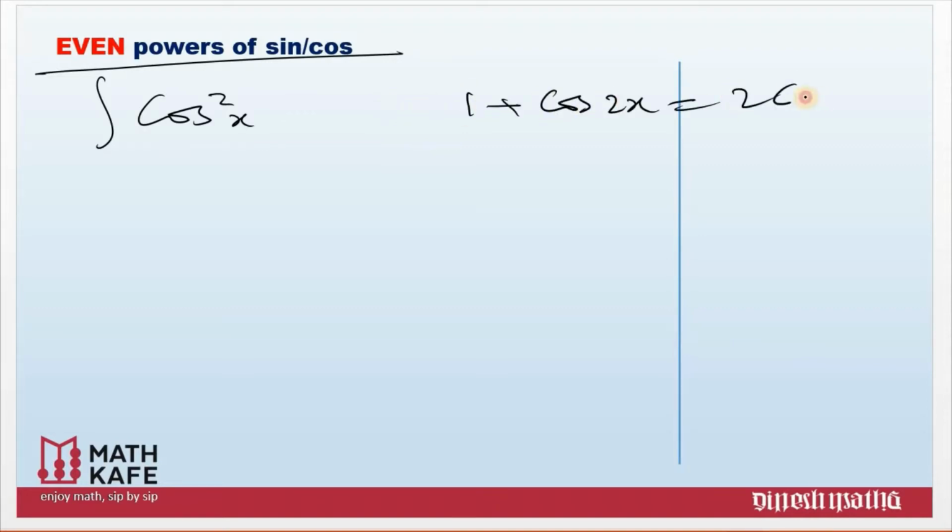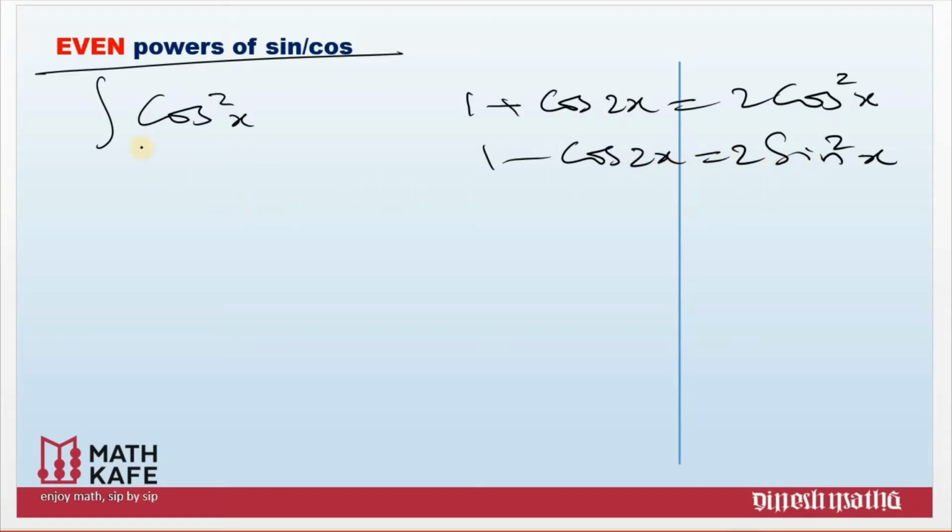In this first type, we are going to see questions with the even powers of sine or cos. Suppose we need to integrate cos square x or sine square x or cos raised to 4x or sine raised to 4x, etc. The technique is, if you want to integrate cos square x, you must use the basic trigonometric rules. Remember, 1 plus cos 2x was 2 cos square x and 1 minus cos 2x was 2 sine square x. This is what we learned in 11th standard, or you may have learned cos 2x as 2 cos square x minus 1 and cos 2x is equal to 1 minus 2 sine square x.